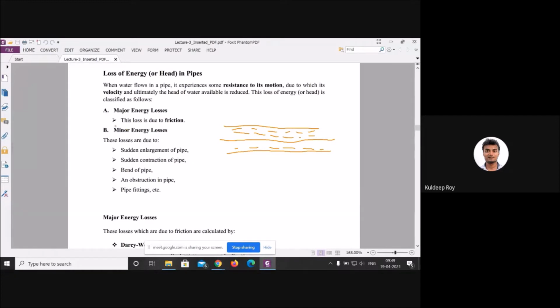And the other loss is minor loss. Minor loss occurs if you have any kind of enlargement area, like a venturi, or a contraction area, or any kind of bend like this; then at that particular position there will be a loss. If the fluid flows from this position to this position, there will be a loss. And if you have any kind of fitting, like a lot of curves in the pipe or any kind of bends, that comes under the category of minor losses. One is the major loss, another one is the minor loss.